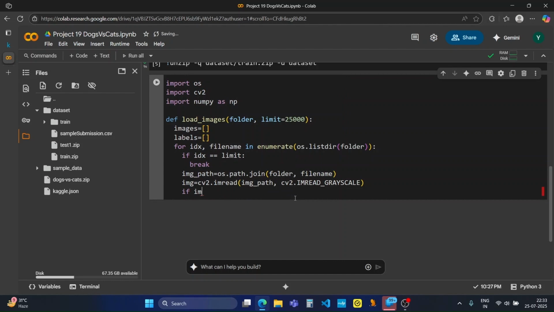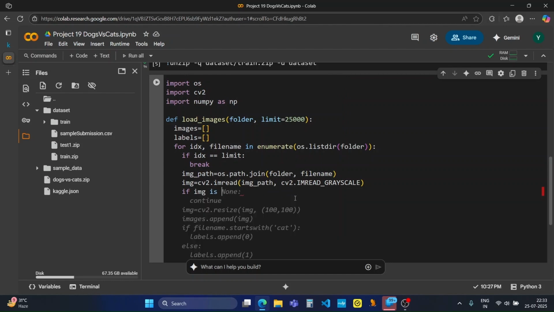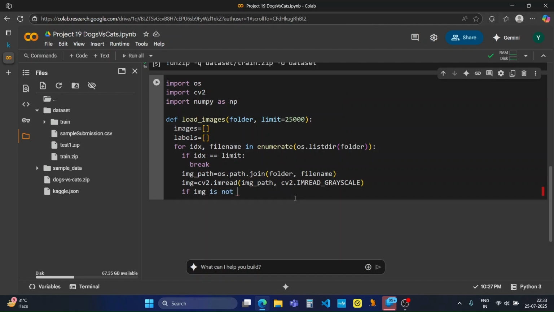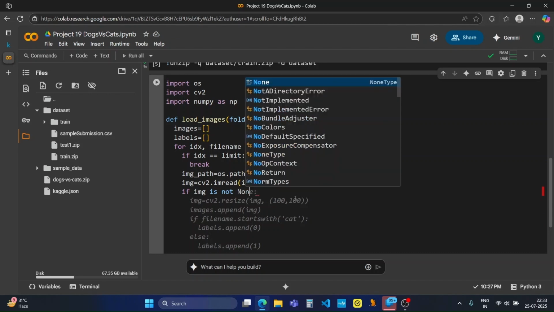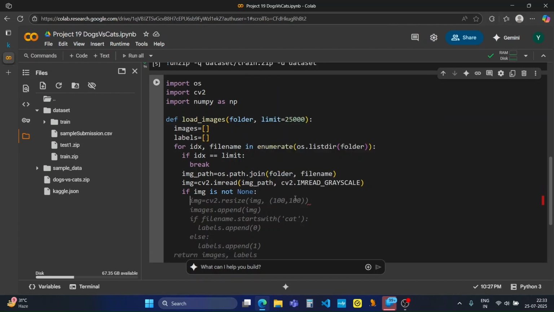If img is not None, okay, then what we'll do,